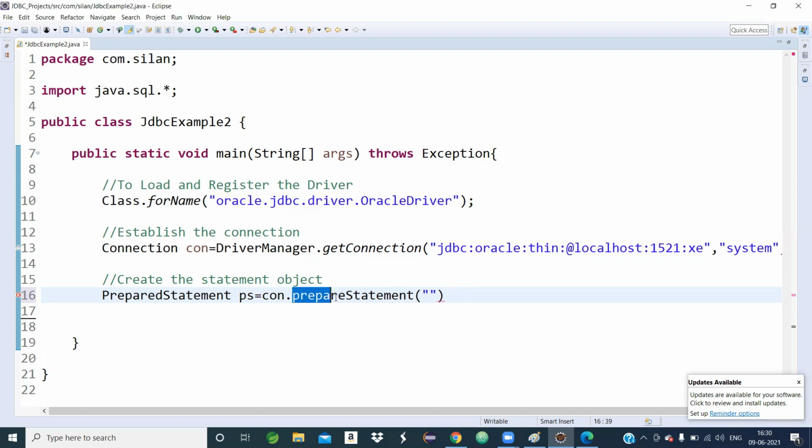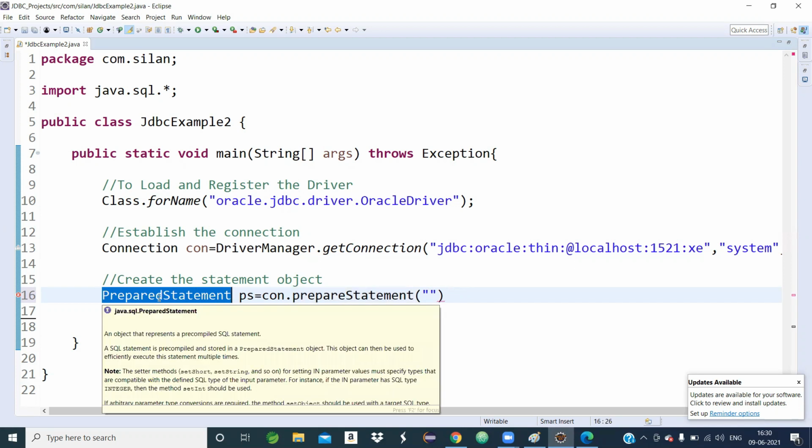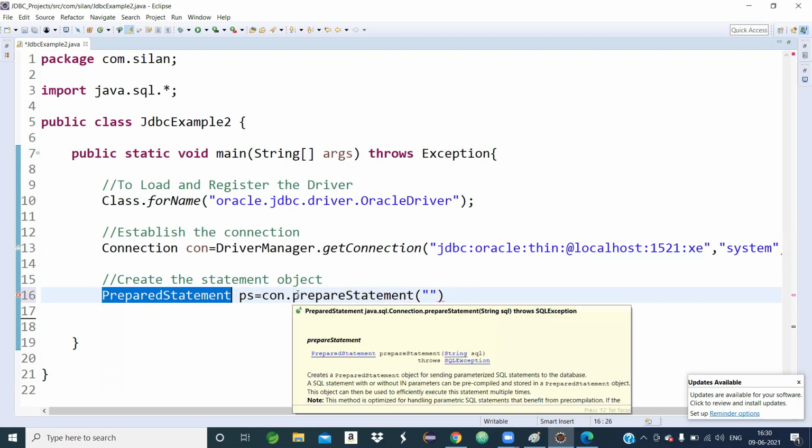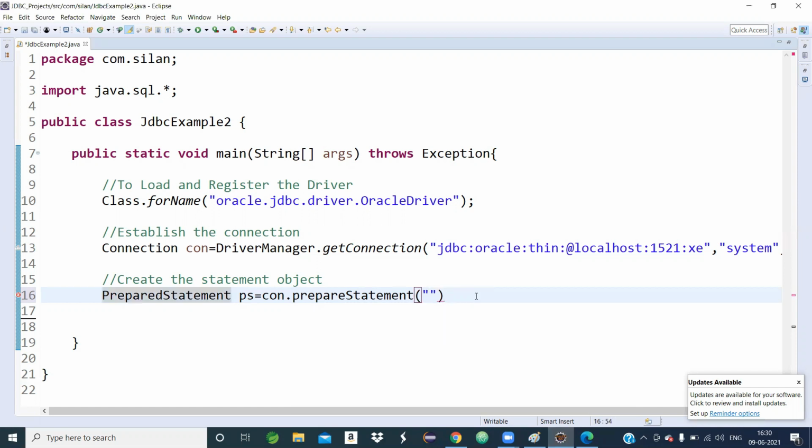Don't confuse, this is a method prepareStatement, but this is an interface: here P is uppercase, PreparedStatement, but here p is lowercase. So the prepareStatement method takes one argument, that argument is the required SQL statement.